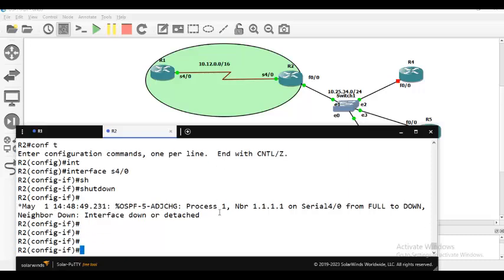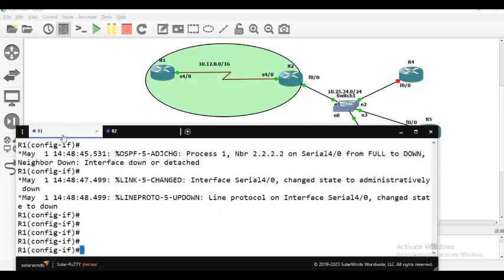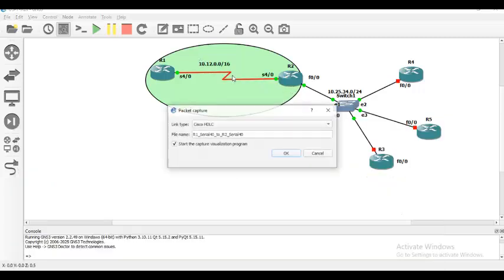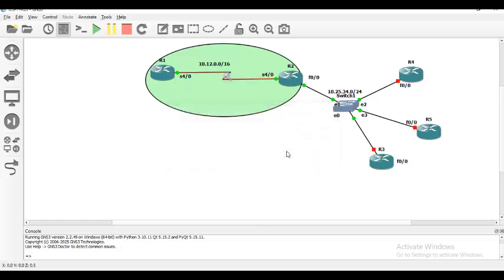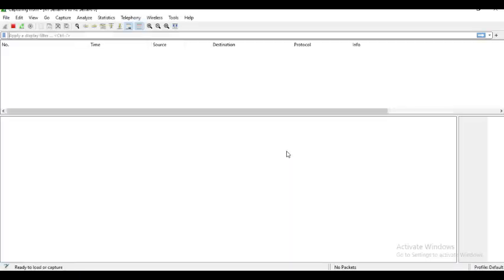I'm going to start the Wireshark on these two. Why is nothing coming? Because the port is down. Let's bring it up. No shut